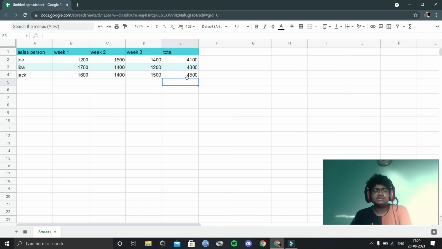We can use other operations to find the calculation. Just for example, I'm giving the symbol equal to 1400, and giving the multiplication symbol, the star, into 4